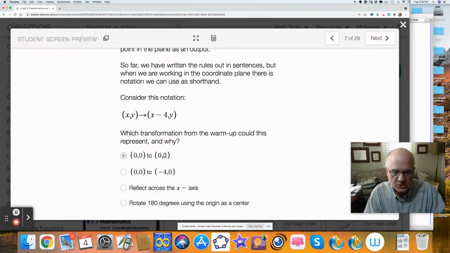So when we look at the first one here, we have 0, 0 going to 0, 2. The x's stay the same, and the y's were plus 2. So that is not the function that would apply. Here, my x's, I'm going from 0 to negative 4. I'm subtracting 4 from what I started with. That's what we're doing here, and the y value stays the same. This is the one that matches up with this